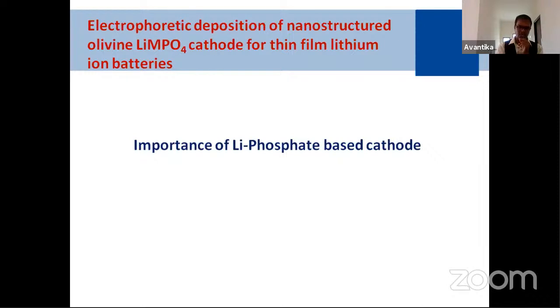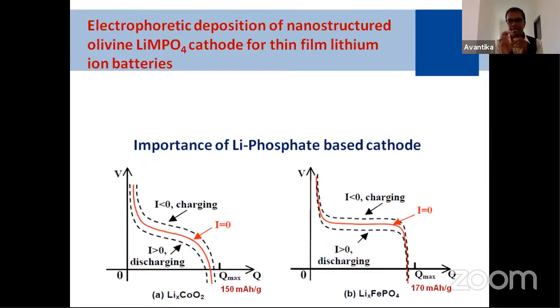Later on, in phosphate-based materials, they are actually giving better performance compared to oxide-based materials. Even now, in most mobile phones, if you open the back side, you can see that the battery says lithium iron phosphate with a particular energy density. So recently, they are preparing batteries with lithium metal phosphate cathode materials. Now I will tell you the main difference between oxide-based and phosphate-based material.